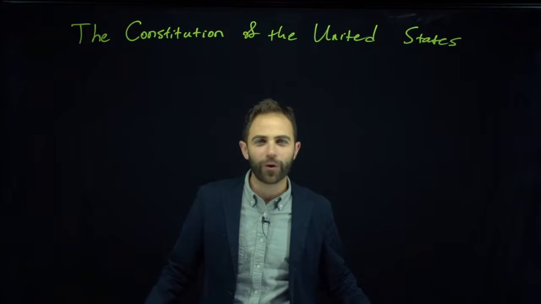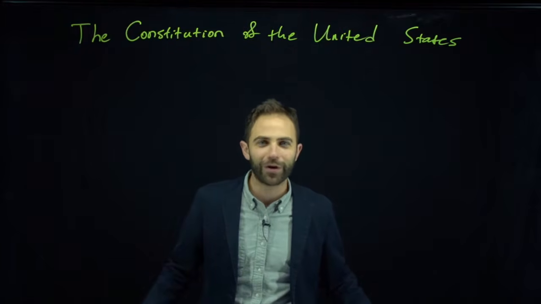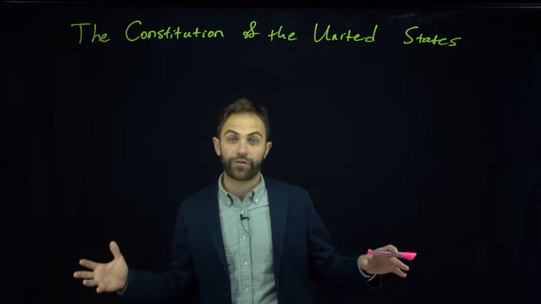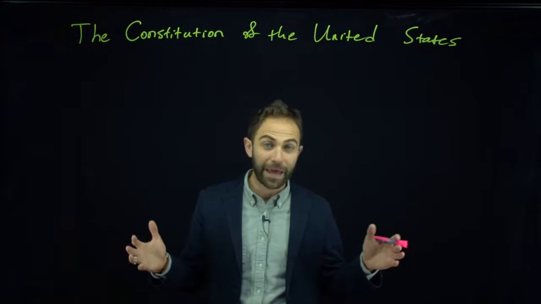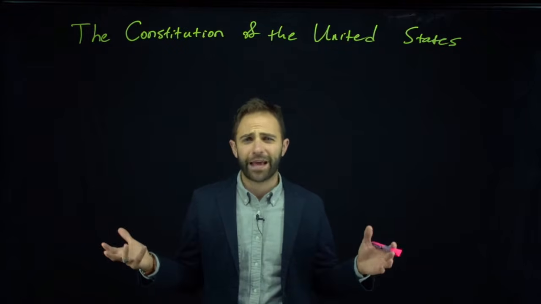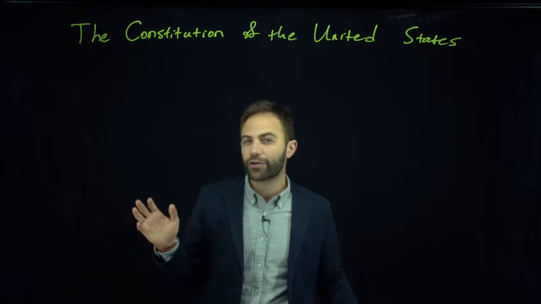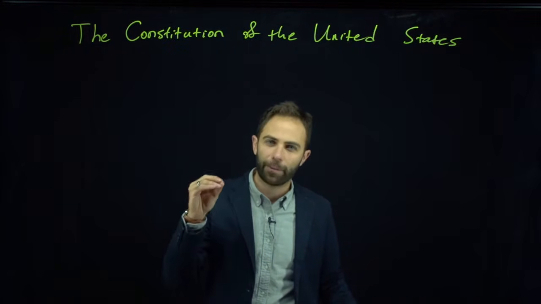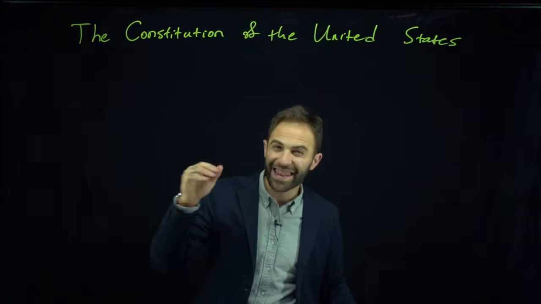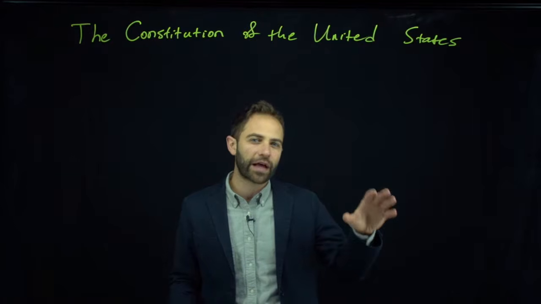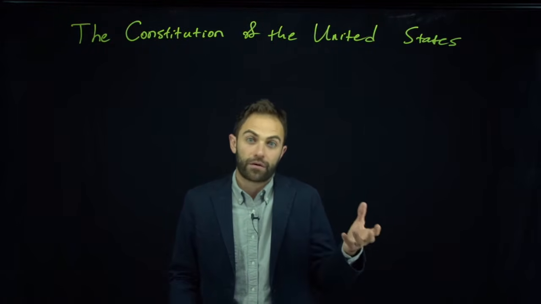So the reading for today was the Constitution of the United States of America. The version that we read was the original version before all of the amendments, the one written down on a piece of parchment. There are just a few parts of it that I want to pick out and discuss. And then at the end, I want to say something about the nature of the kinds of rules that appear in the Constitution. It's going to turn out that they're all secondary rules in HLA Hart's sense.